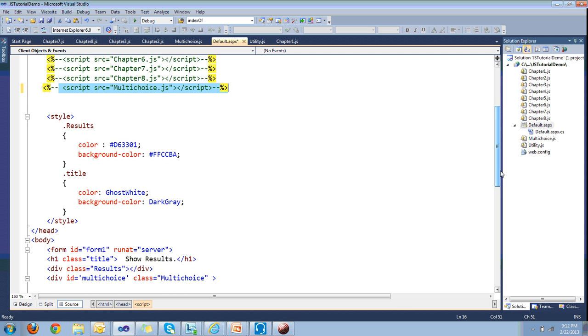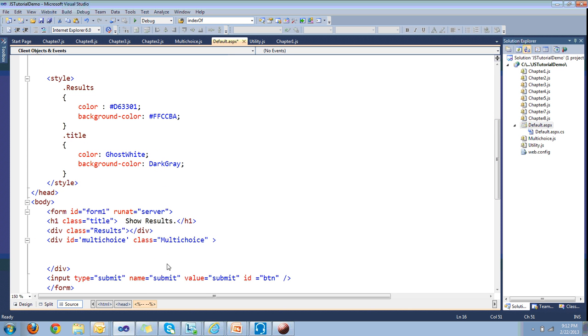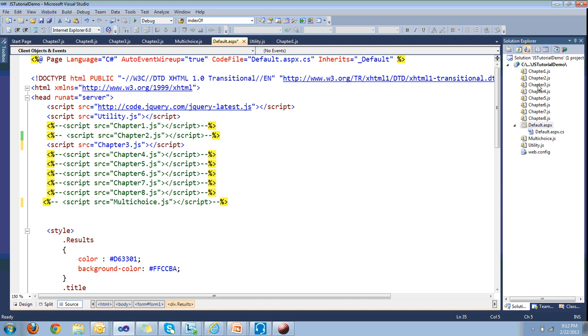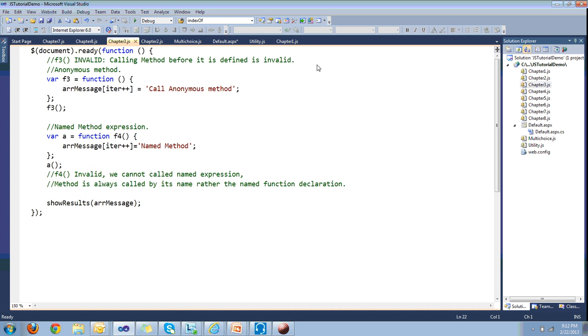I have a style sheet. I have a div tag with results class attached to it. On similar lines, I would like to quickly go to chapter 3.js, where we'll talk about anonymous method, named